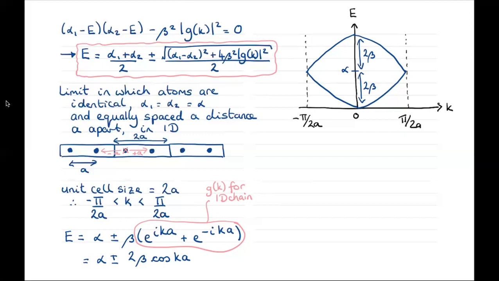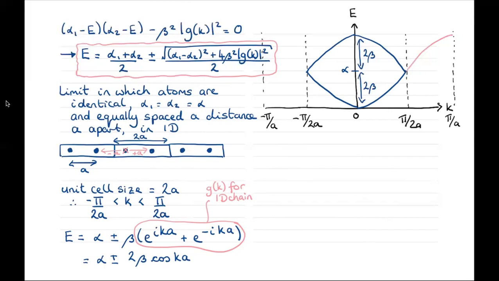And instead of the bands running from k equal to pi over a to k equal to minus pi over a, they're folded back within the smaller range of k space because of the way we constructed the problem with the doubled unit cell. And so the region of the band structure within the simple 1 atom per unit cell, 1-dimensional case,